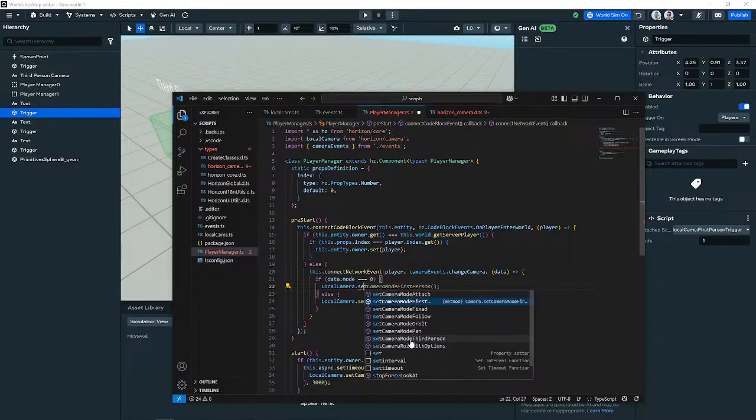Connecting code block events between 2 local scripts doesn't seem to be working. Do I need a network event or something? No. You can use local events, but I think code block events would work too. Okay. Yeah, I guess AI doesn't know how to set up a custom code block event. I'm not sure. So, there is some documentation floating around about how to properly structure those connects and send events,